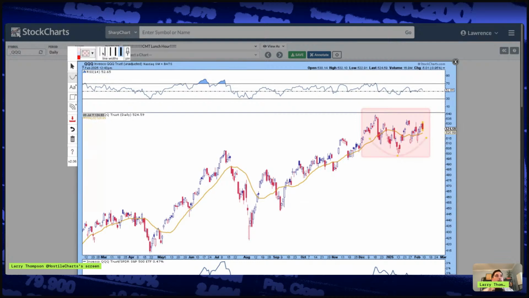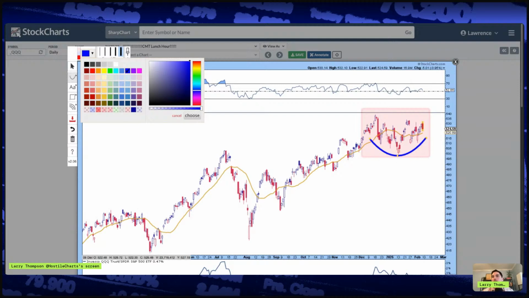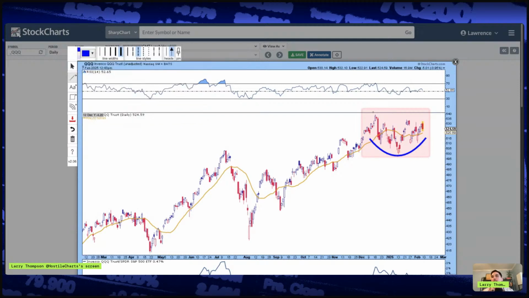And what do we have here? We have a basing pattern occurring, right? But we got to resolve higher. We haven't resolved higher. We got to break this down channel. So it's a little bit messy right now. I think there's probably better trades on a shorter term perspective, but hey, if we make this all-time high. I think you have to wait for all-time highs though.